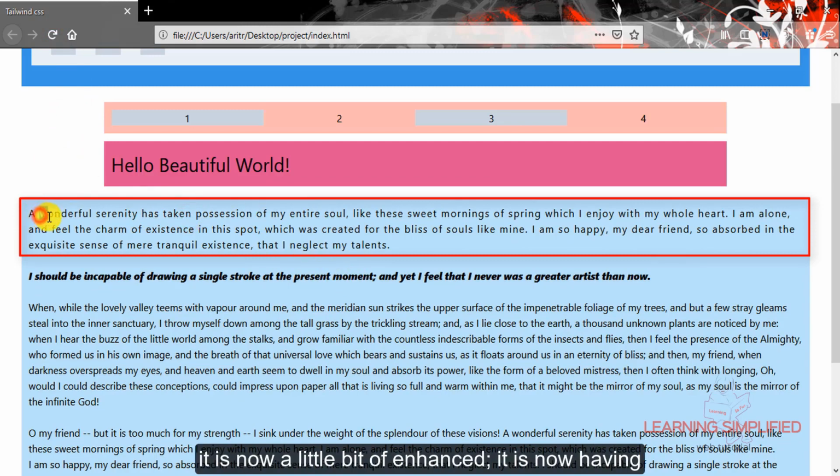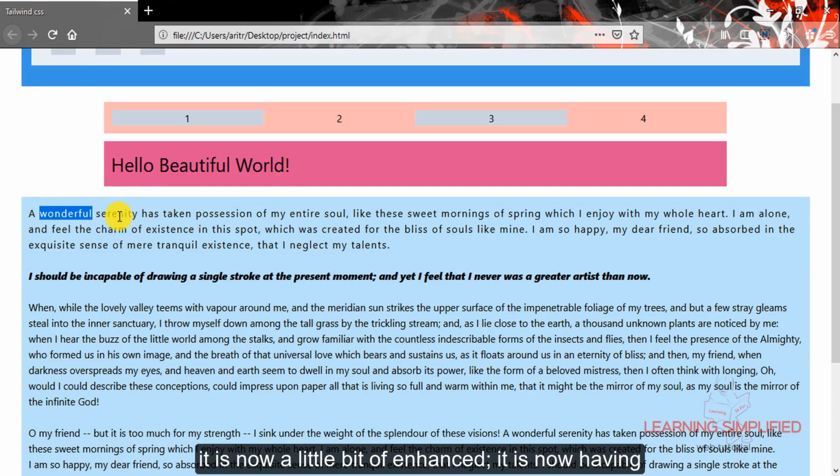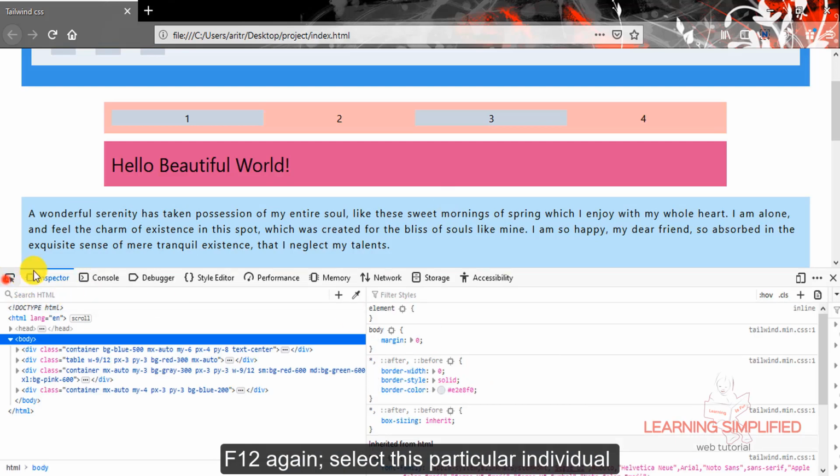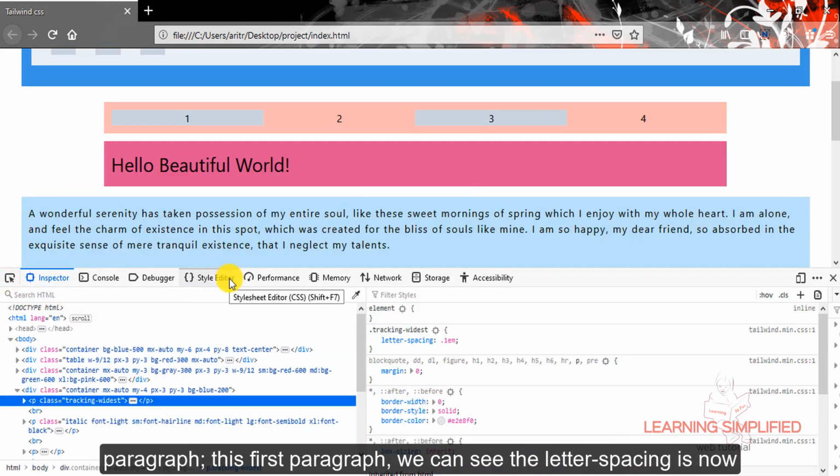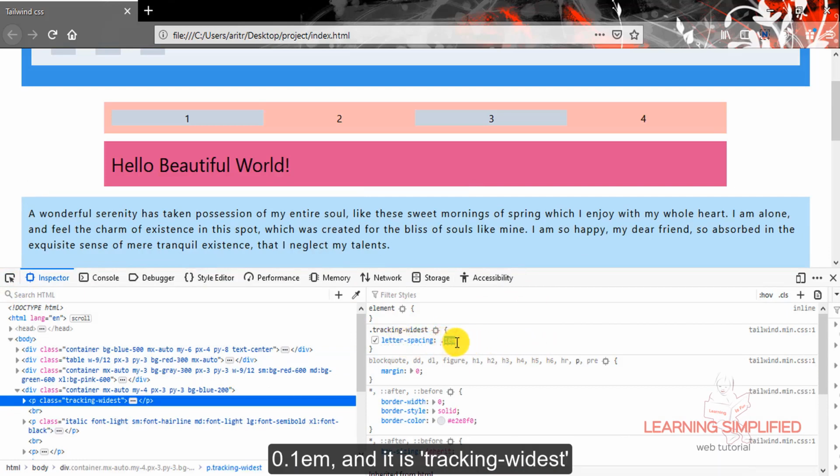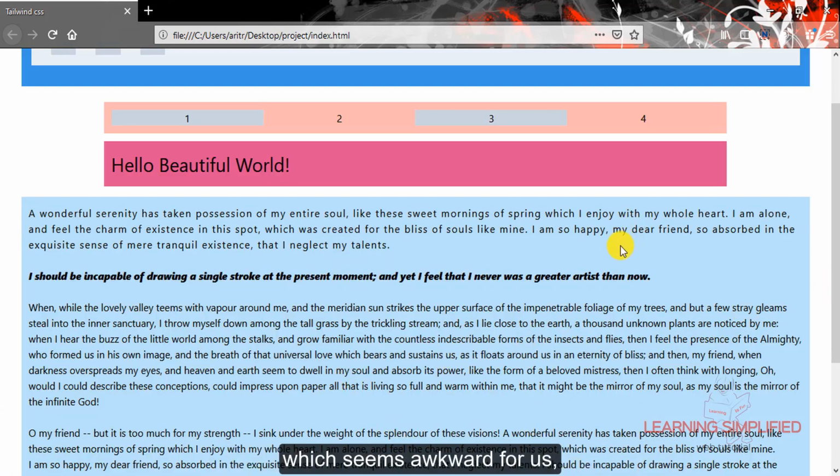The letter spacing is now a little bit enhanced. It is now having a letter spacing of 0.1 em as mentioned in our class. Now if we press F12 again and select this individual first paragraph, we can see that the letter spacing is now 0.1 em, and it is the tracking widest class which is being used along with this first paragraph. So instead of this tracking widest, which seems really awkward, in my eyes,